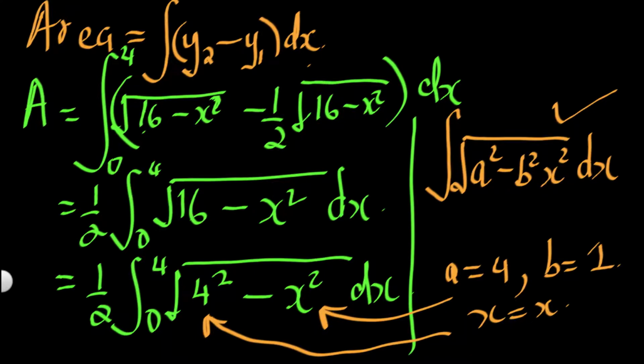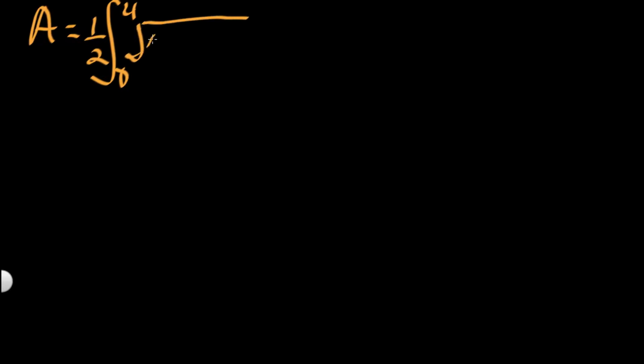So let us add a new page here. All right. Now, let's move from here and come here. So now we are integrating. We know that our area is the integral from 0 to 4, there's half here of root of 4 squared minus x squared dx. If I apply this formula, this means half